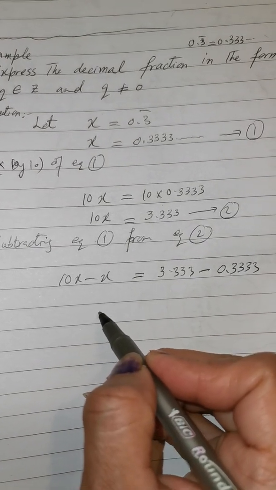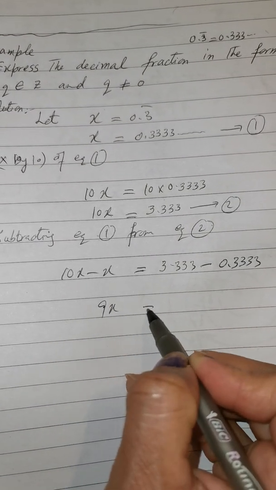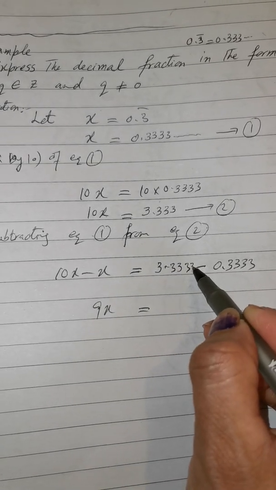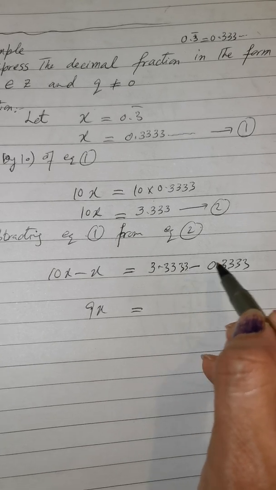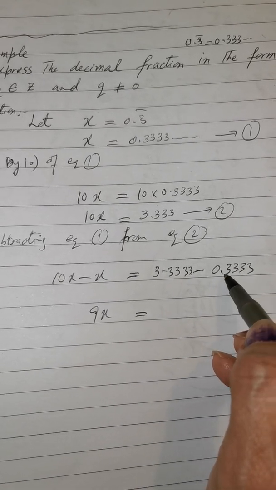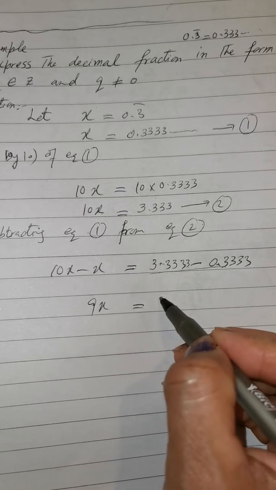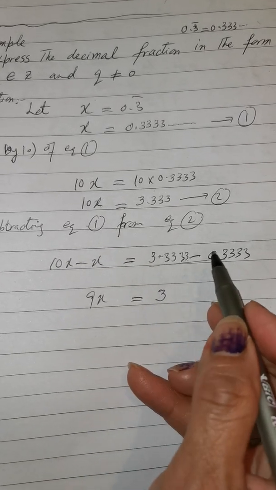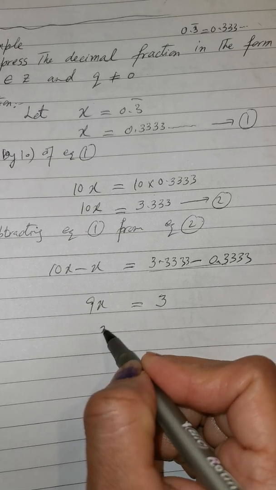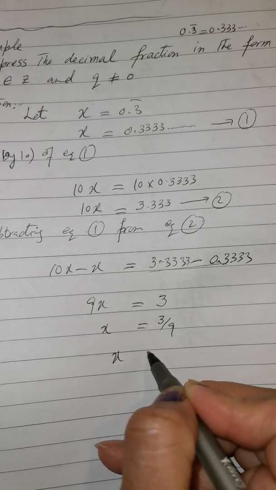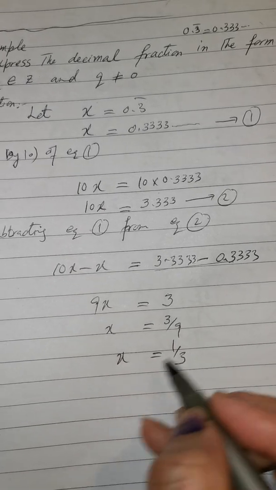It will give you 9x, and here 3.33 or 333, whatever you take after the decimal point, it will give you the answer 3, because all the decimals cancel, giving 3.00. Now x is equal to 3 by 9, and your answer will become 1 by 3,